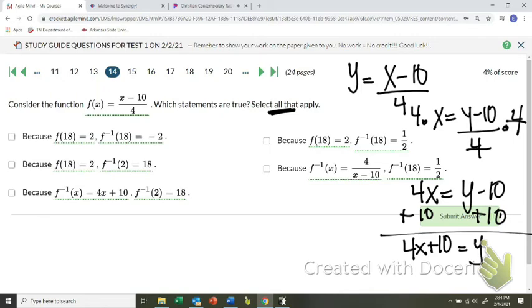4x plus 10? It's going to be 4x plus 10. It's just going to be 4x plus 10. Can't combine those because the 10 doesn't have an x. All right, so